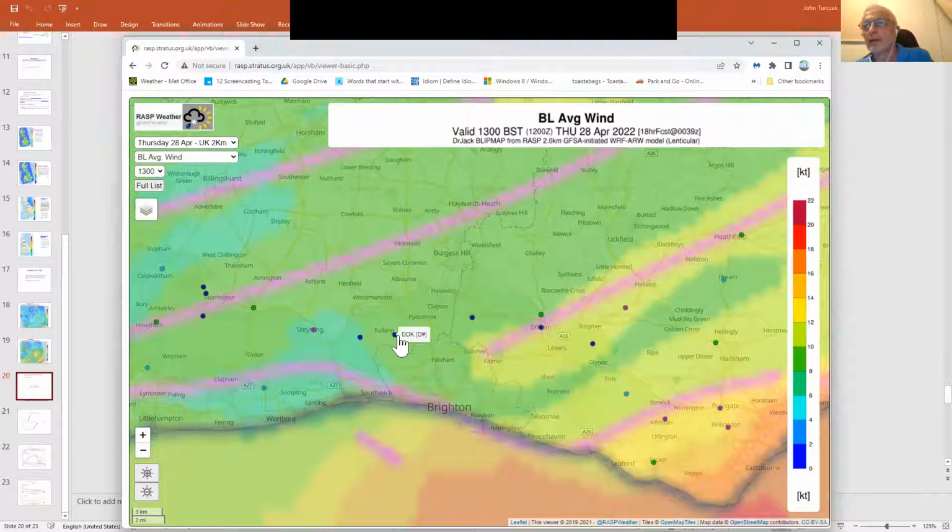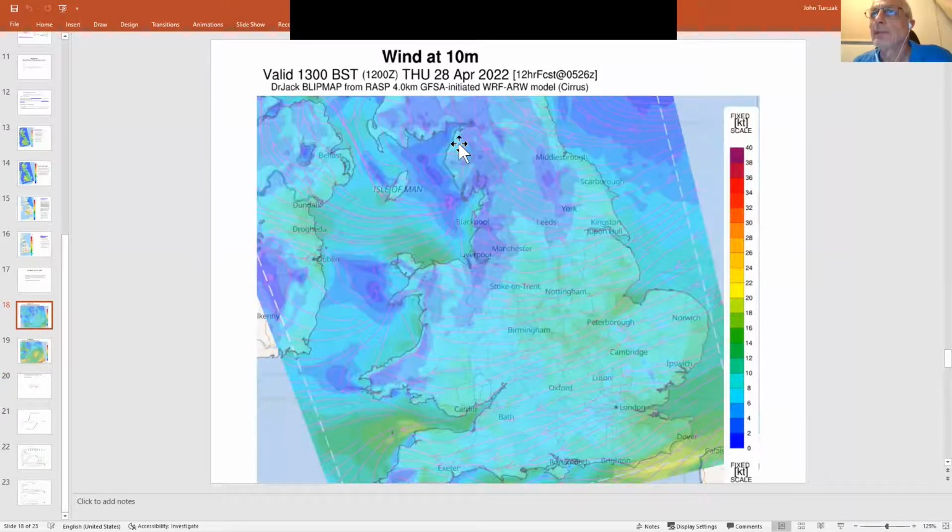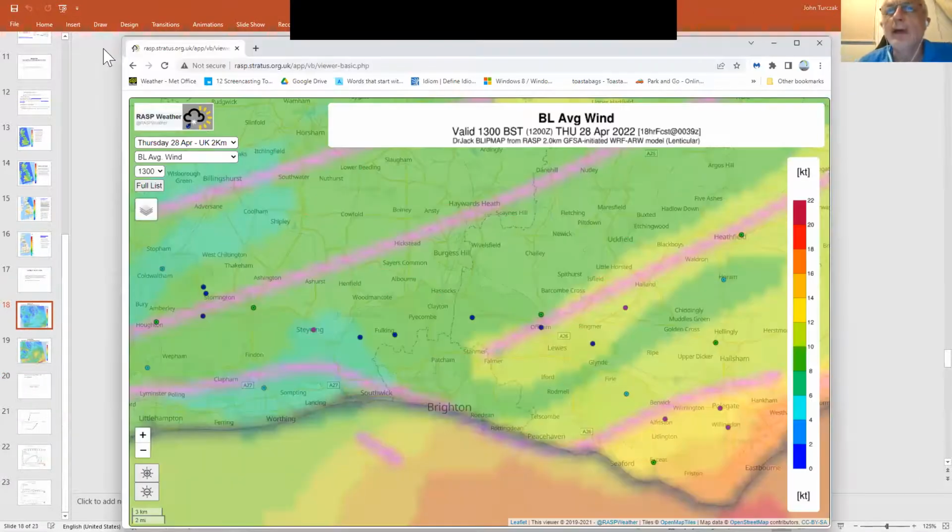Anyway, hopefully that answers the question on the BGA turn points. I would just simply go to this map, find what you want, put your mouse over it, note it down, and then you've got those that you can use to plot your day out. So I'll just go back, covered that, turn points. Sorry, that's my mistake, bring this one back up. Okay,